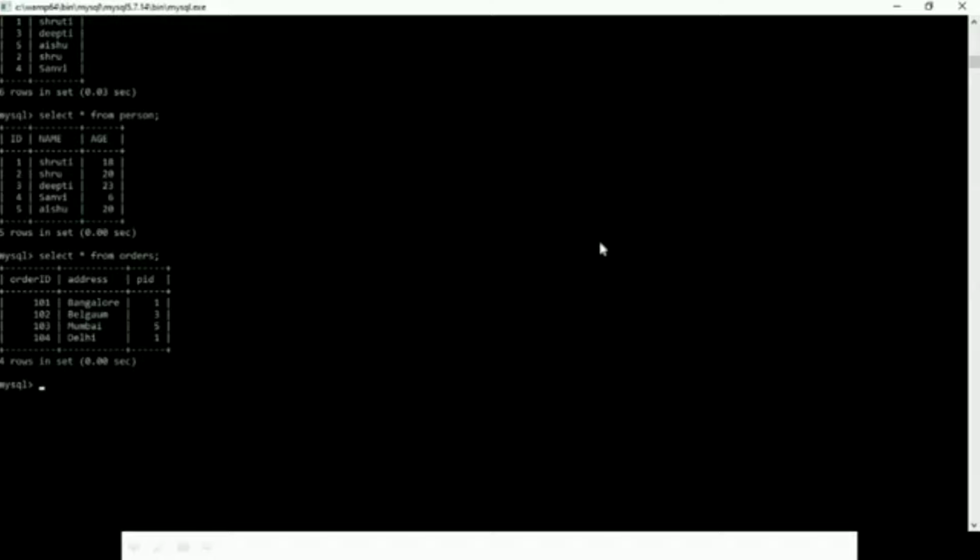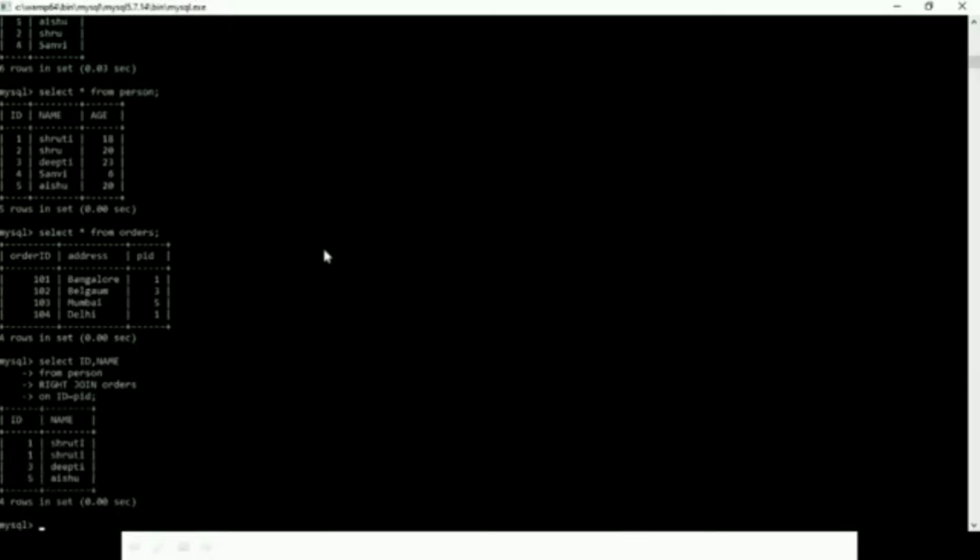So इधर लिखेंगे select id comma name, from which table, from the person table, and I want to do the right join. Yes, right join orders on id equal to pid. Now if you can see, मुझे राइट का टेबल पूरा मिलेगा, राइट में से आईडी जो भी है वो पूरे आएंगे, लाइक